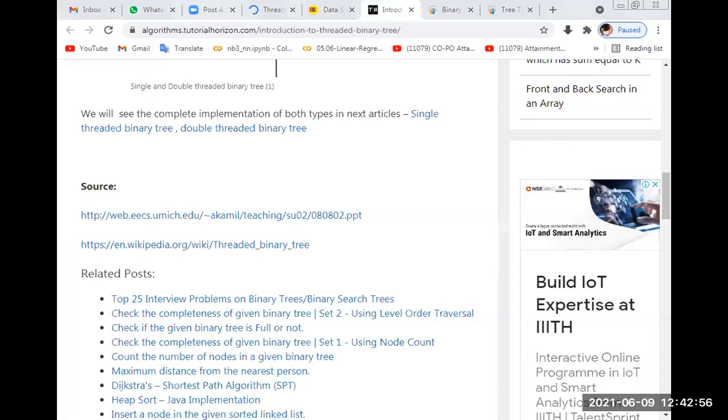See students, in this way we represent the threaded binary tree. Left threaded binary tree means we connect some address on the left. Here on the left I store the address of A, here on the left I store the address of B, here on the left I store the address of C.